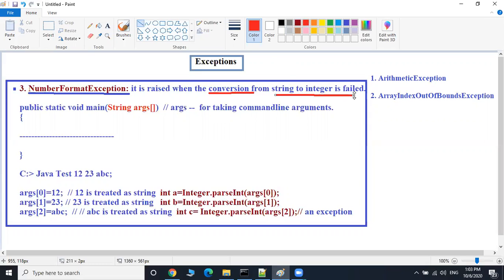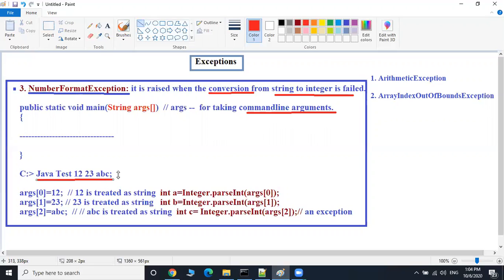For example, consider the concept of command line arguments. In Java there is a concept called command line arguments. What is meant by command line arguments? Command line arguments are the arguments supplied from the command prompt itself whenever the program is running.